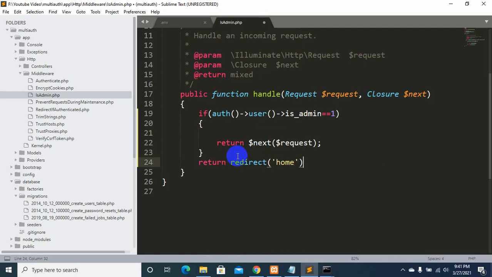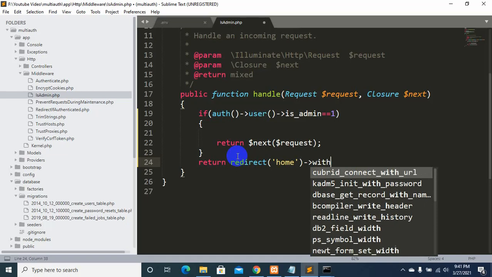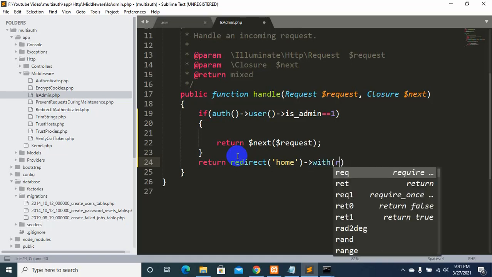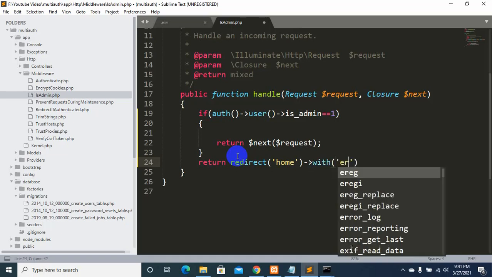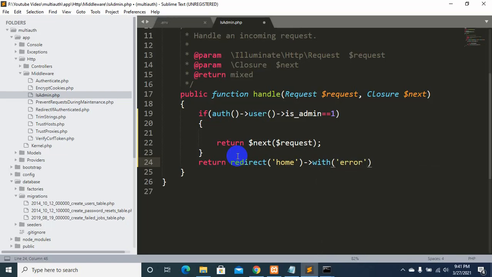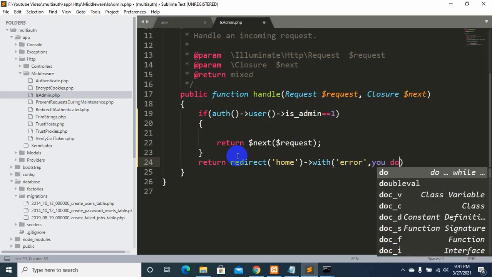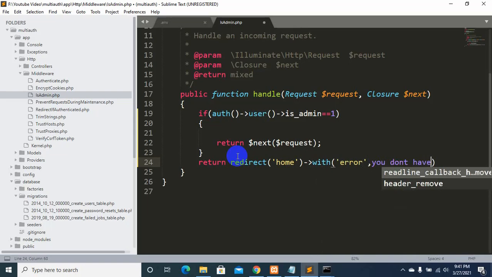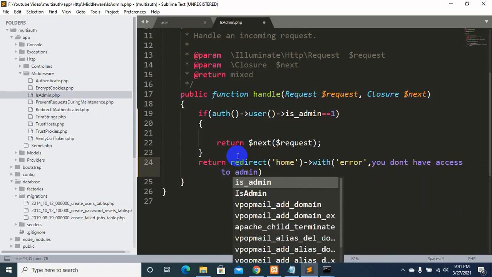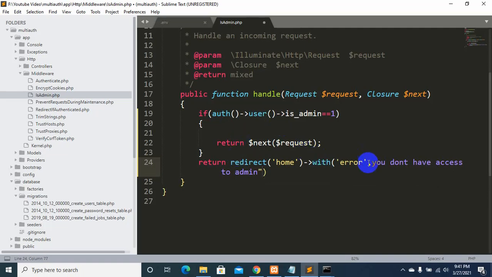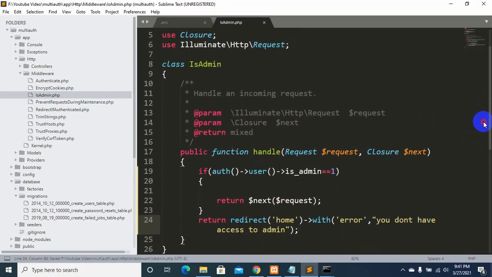Let's also send a message with error: "you don't have access to admin." We need to have it inside double quotation. Okay, that's done. So let's save it, Control S. Okay,